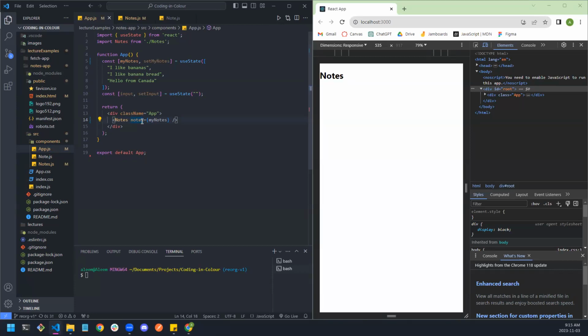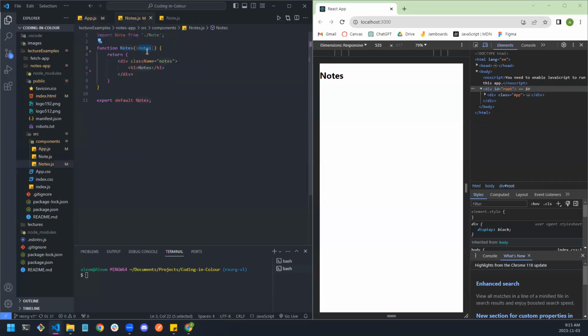The idea of props is just like passing parameters. It's like passing information. When I'm talking about props, you can just think of it like it's a way for us to pass information from the parent to the child. That's all it really is, okay? And so when I say here in notes,